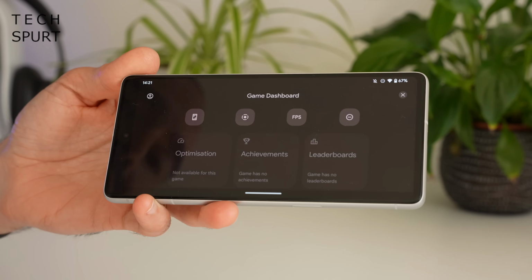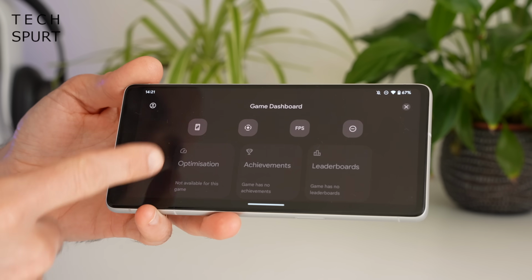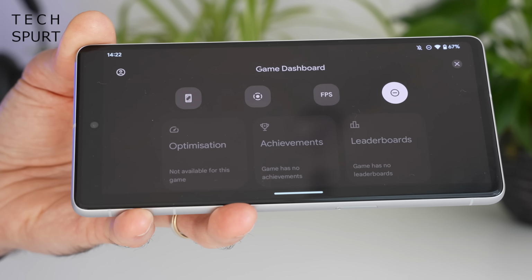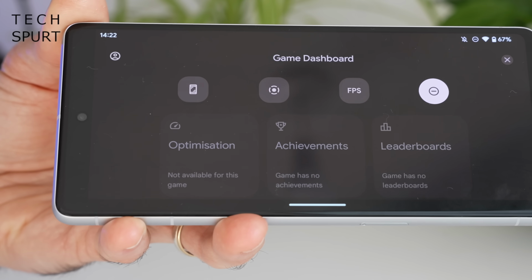Especially as I had similar sort of issues with last year's Pixel 6s. Also, Google's Game Dashboard is back in action here, offering a small selection of useful features, although the optimization tool is next to useless, as only around a dozen titles are actually supported by this right now. No matter your choice of phone, you've got Wi-Fi 6E support and 5G connectivity as well, and no issues on